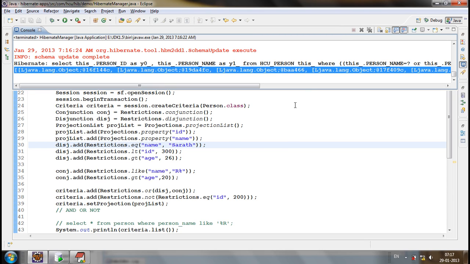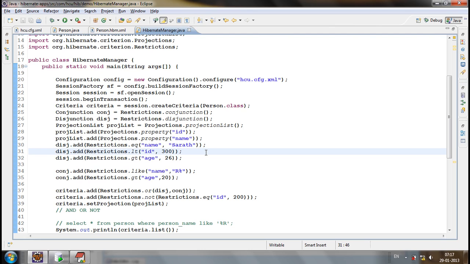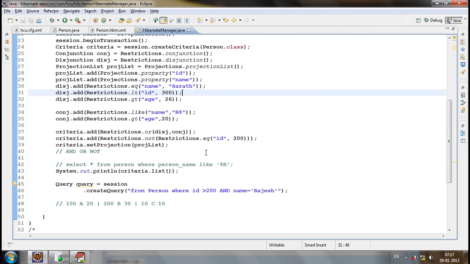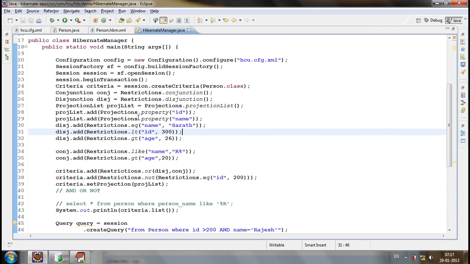But some records are fetched in this case. That's how it will be, with the restrictions and projections. And if you want to make some group by, okay, just